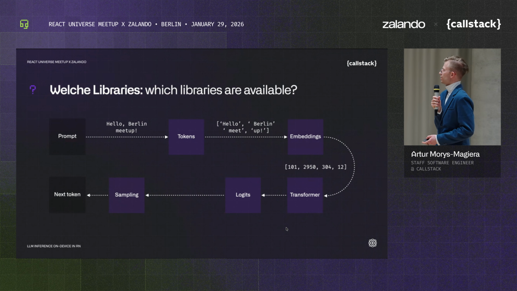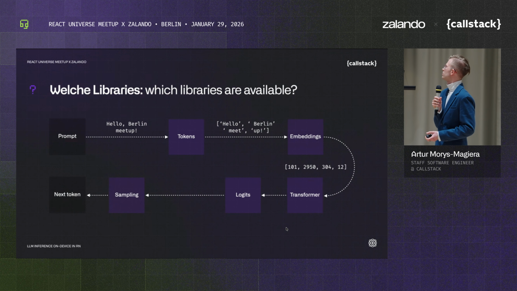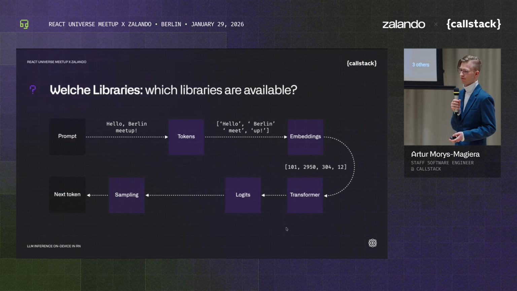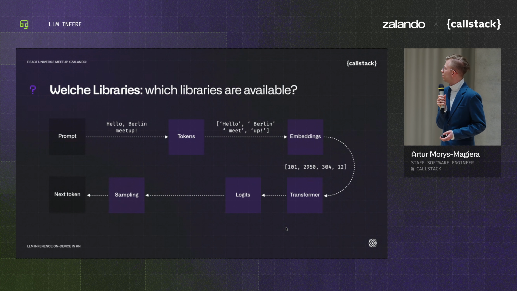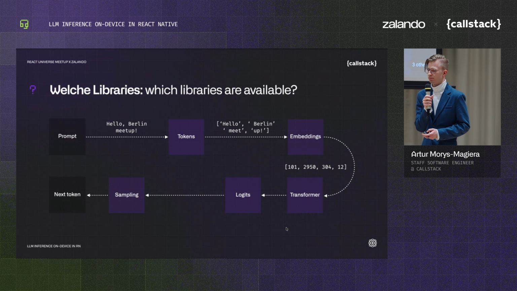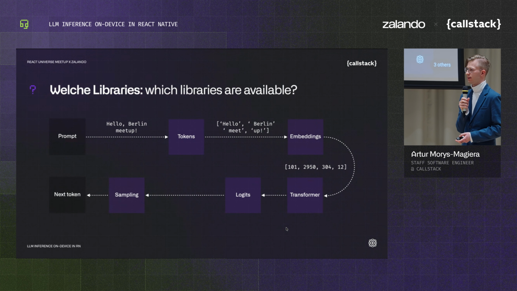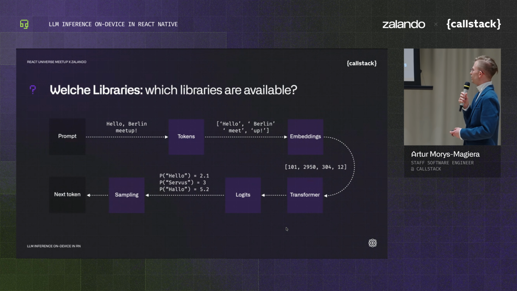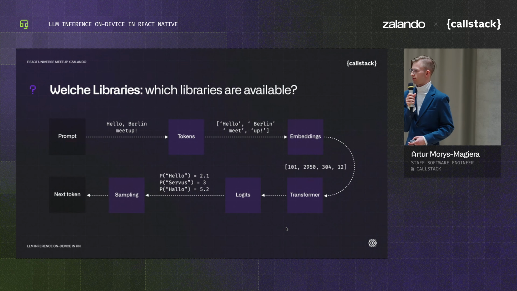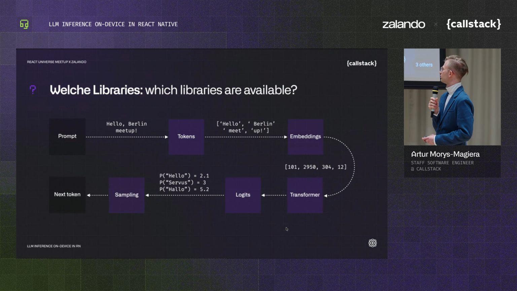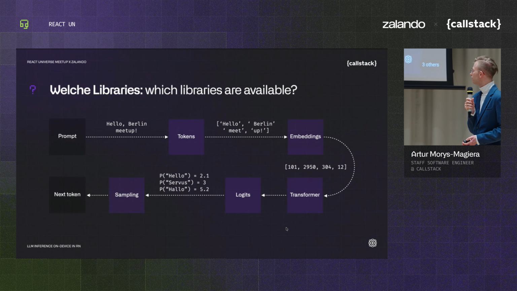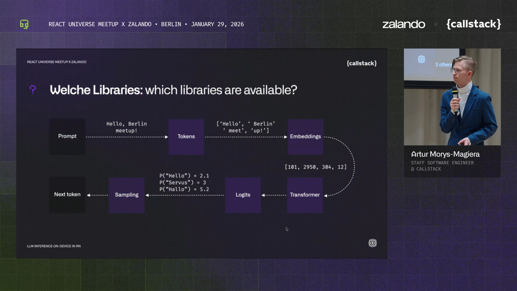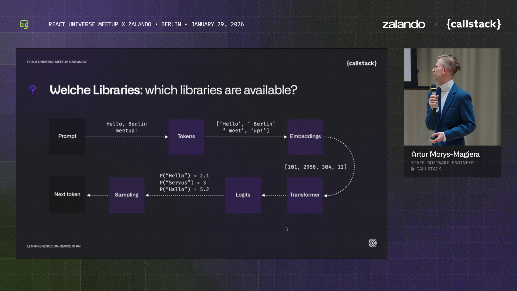So these are the numbers that you can see there. Each of the tokens can be mapped to an embedding. And such vectors, because each embedded token is a vector, up to a selected metric, should be in this n-dimensional space close to each other, provided that these words have a semantically similar meaning. And then when we put them through the transformer, which does the majority of the computational cost here, we obtain logits, which are raw, unnormalized numeric values assigned to tokens that can be outputted by